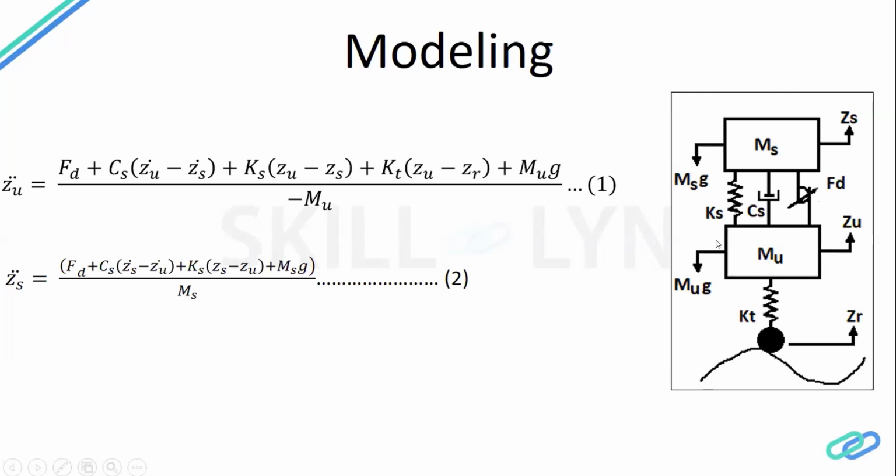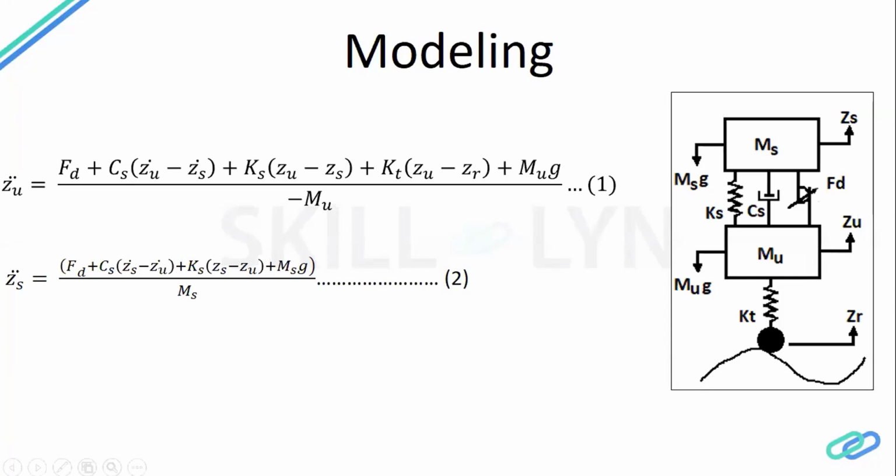And we have considered a very simple model. We are not considering the friction, and we are not considering the damping in the tire, because when we start modeling a controller in software, we usually consider a very simple model which can represent the system dynamics, but which can also help us go with the initial development of the model. Why? Because you can keep tuning your model as per your requirement, the more you have a requirement from the same model.